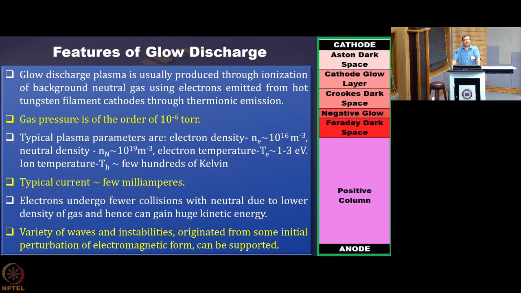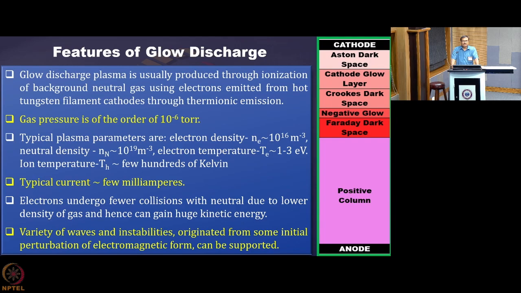So now I'll tell you the features of the glow discharge, because we have learned a lot about the arc discharge. Now something about the glow discharge. So what is glow discharge? You keep the gas inside the tube at quite low pressure, say around 10 to the minus 6 torr or so, and then as you increase the pressure or the discharge voltage, different kinds of phenomena happen. But the physical aspects that we'll be describing are very typical to glow discharges.